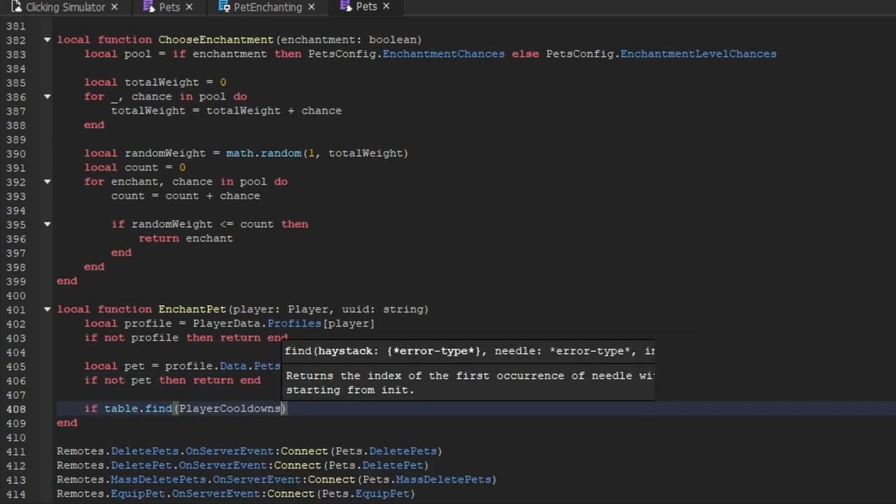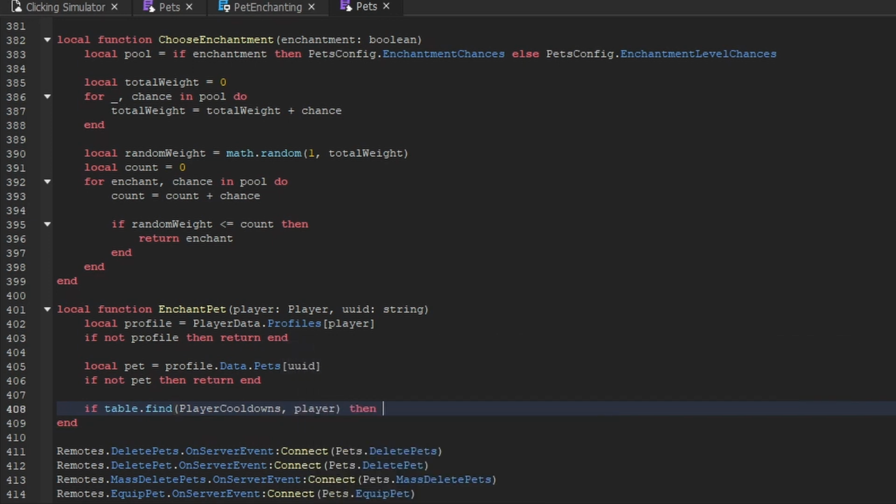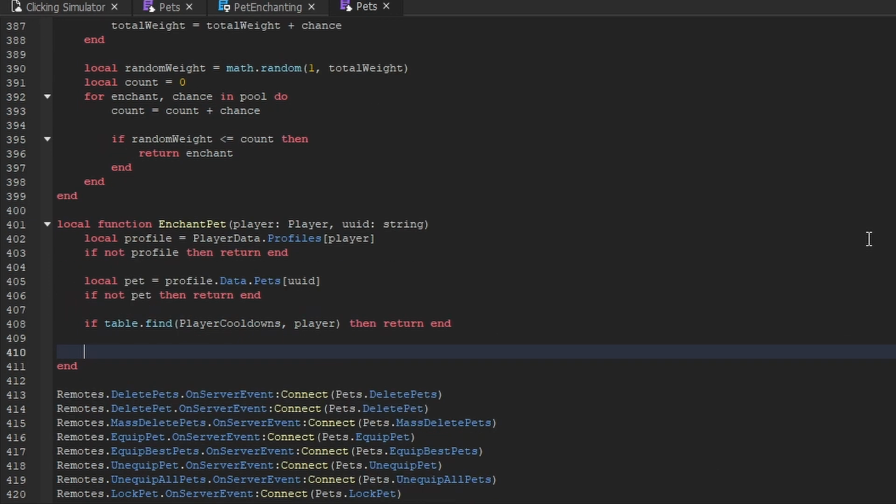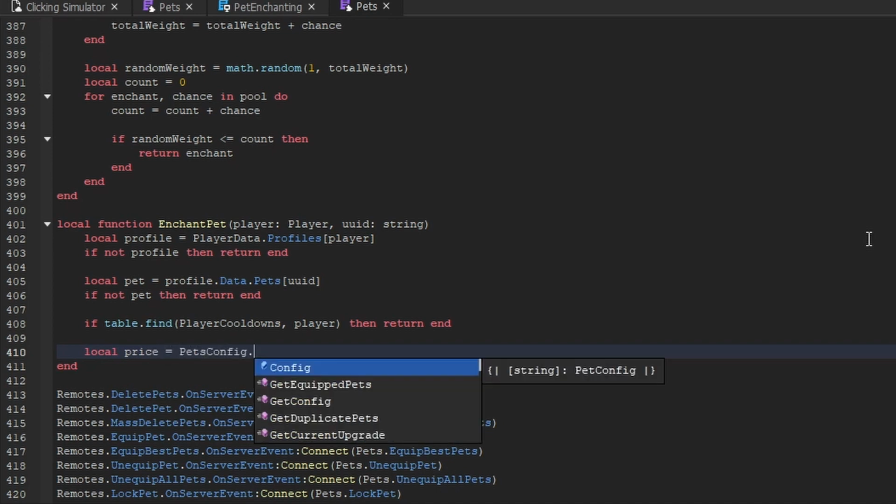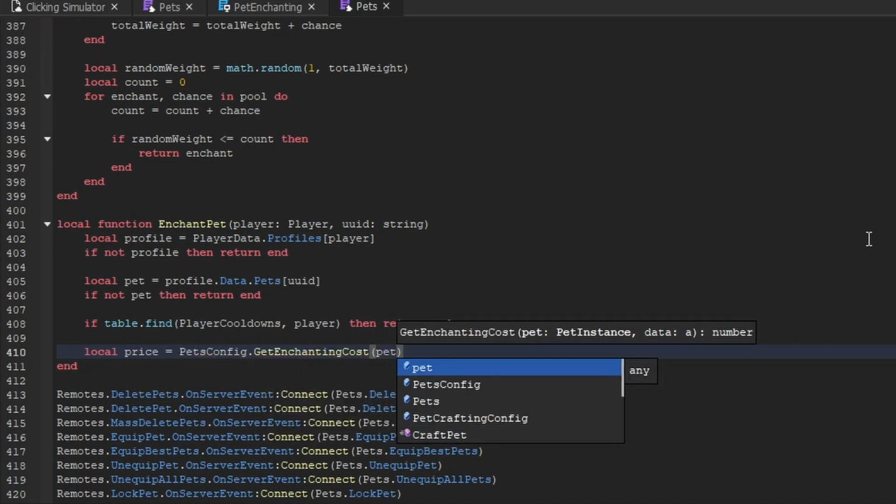So if table.find player cooldowns, and we want to look for that specific player, and if we are able to find them, then we want to stop the function right there as well. After that, we'll then get the price of the pet. So inside of the pet's config, get enchanting cost, and we're going to pass through the pet as well as